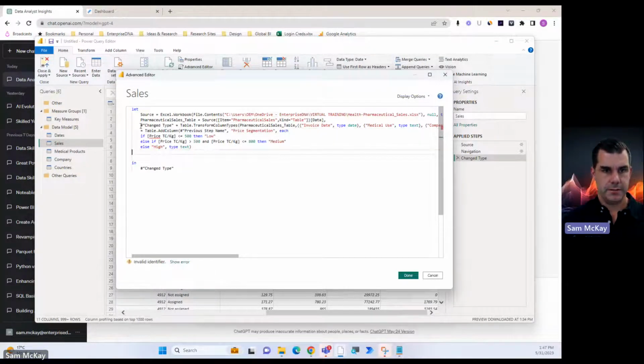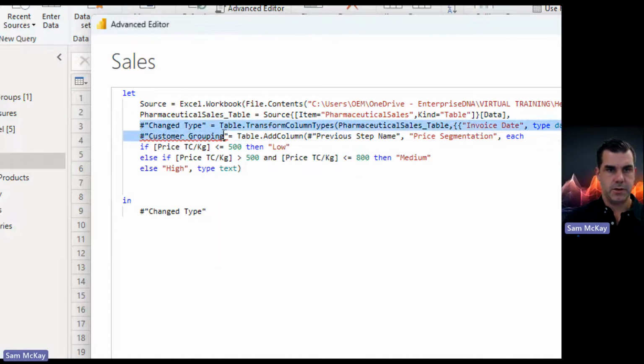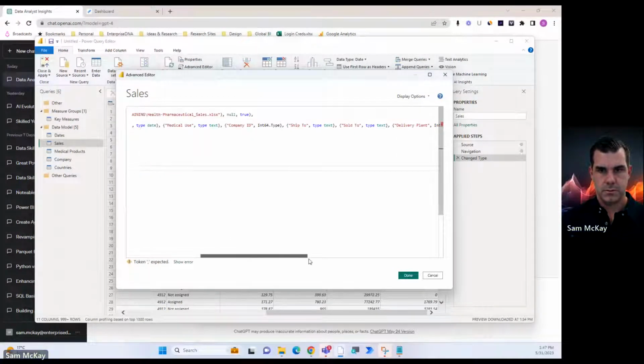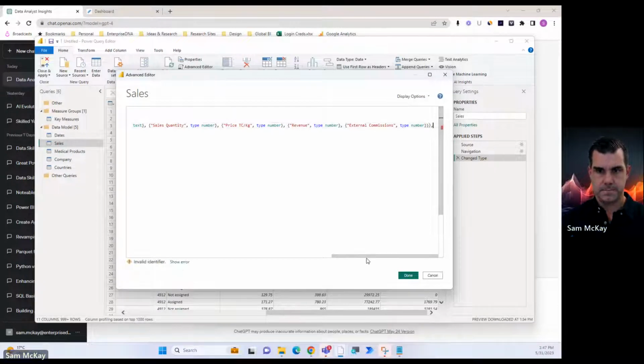Now I'm going to say custom, I'll call this custom grouping. Okay. And we just need to change a few things around here. So, I personally don't know how to write this code that well, but I know how to manipulate it, right? And that's all that matters. Like, I can't write this out from scratch, but now I don't really need to. Okay, then I need a comma here.